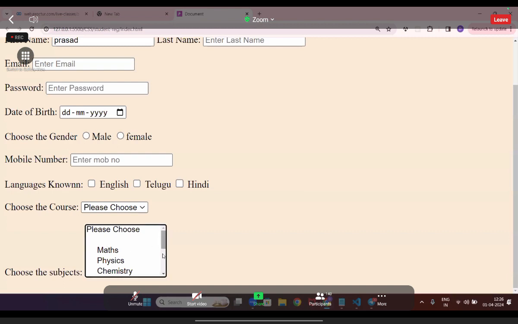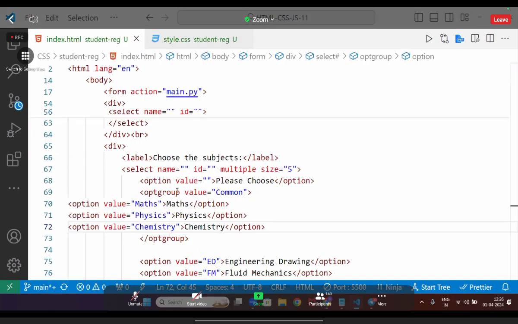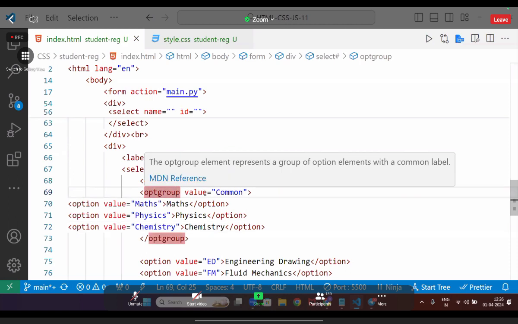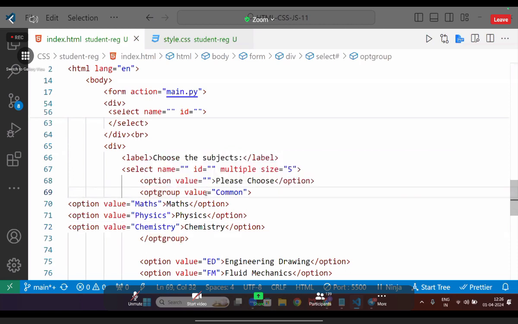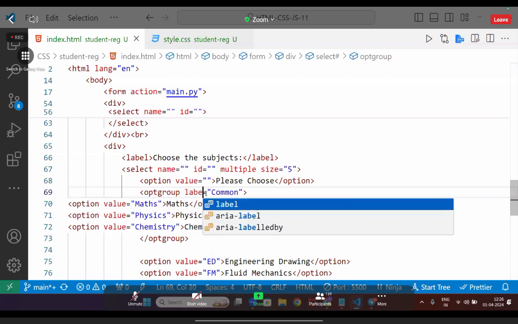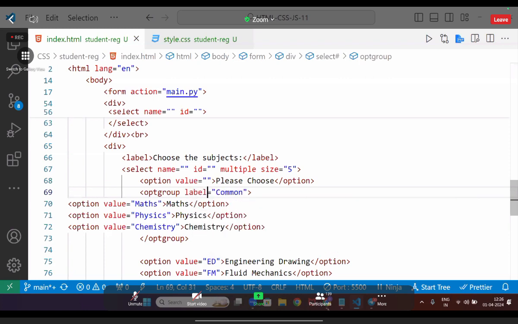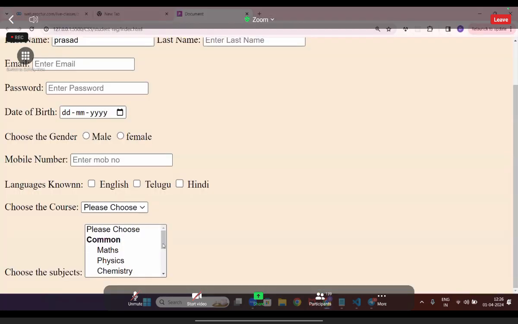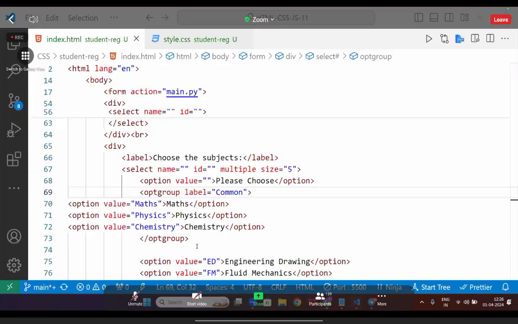Why did it not write it here? Opt group, label. Label, you will write it. See, it shows something called common now. They all grouped. Now same way, sir, here opt group